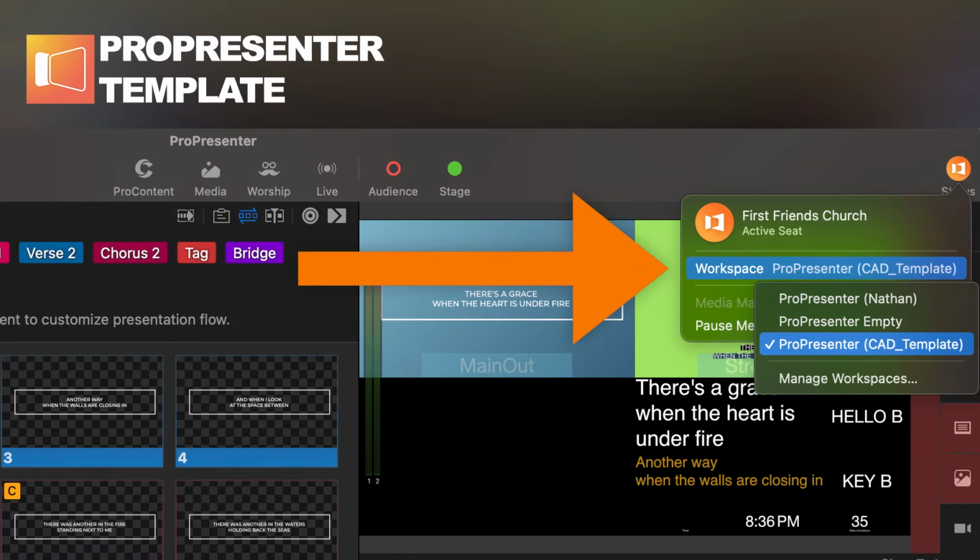And not everything can be transferred. Macros and things like that from your old system, you're going to have to just abandon them and then rebuild them in the ProPresenter template. But there's so much built in the template for you that you should not need a whole lot of it. And you can always bounce back and forth between the old files and the new files because of the workspaces